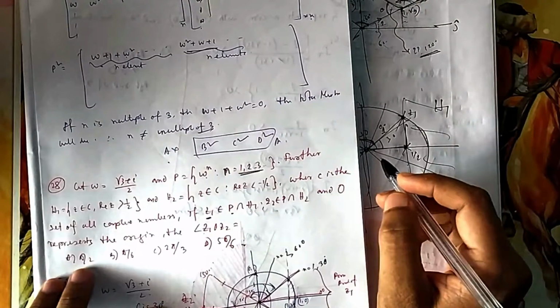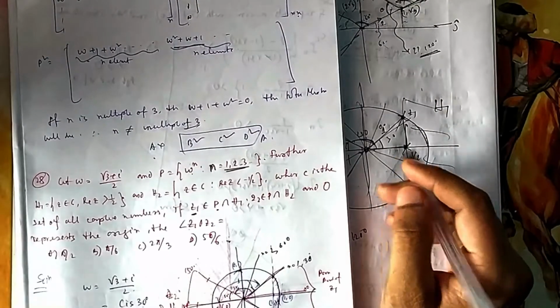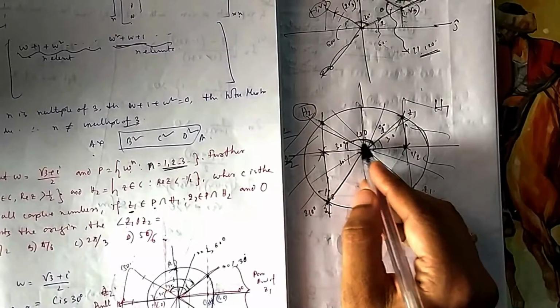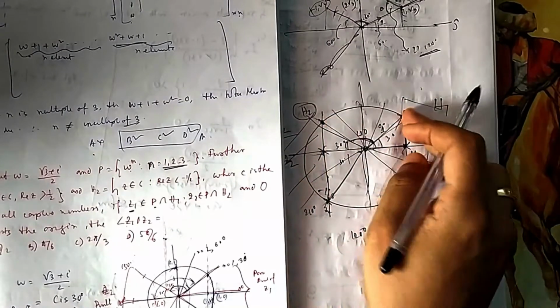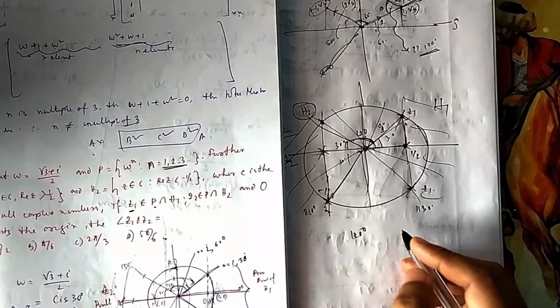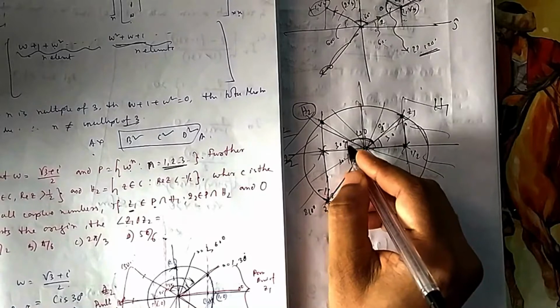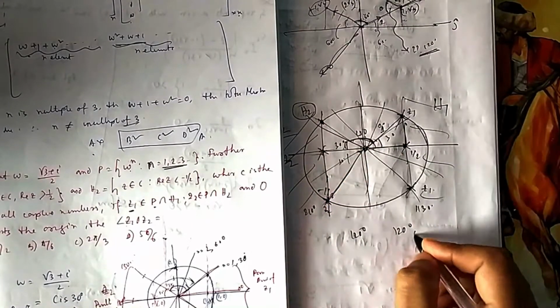So if you see this one, pi by 2, it is 90 degrees. Is it possible to have 90 degrees? I don't think it is possible because the angle is 120. If you take the closest, these two are closest, z1 and z2, because one has to be taken from this side, one from the other. So the closest is 120 degrees. And next it is 180 degrees. Suppose if you take this one, then the angle is 150 degrees.